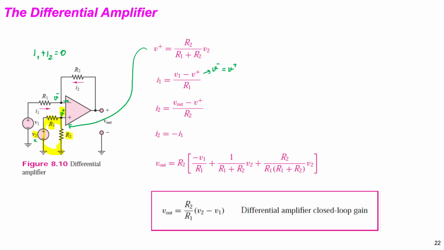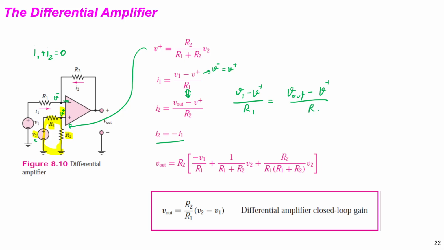These two together plus is 0, so I2 equals I1. This is the property here. So we take these two values equal. Therefore, V1 minus V positive divided by R1 equals V out minus V positive divided